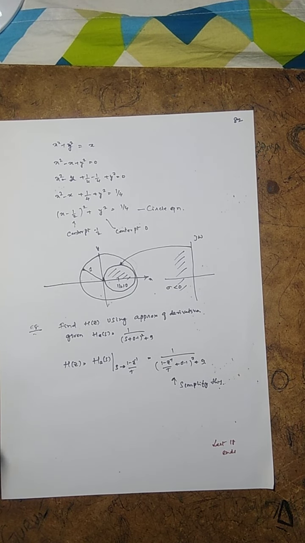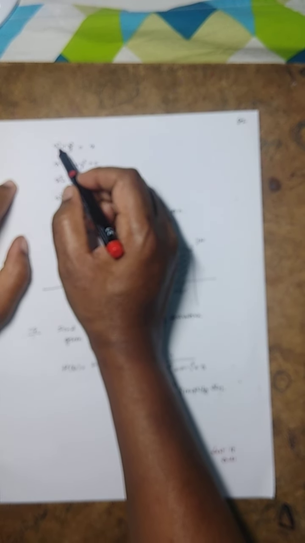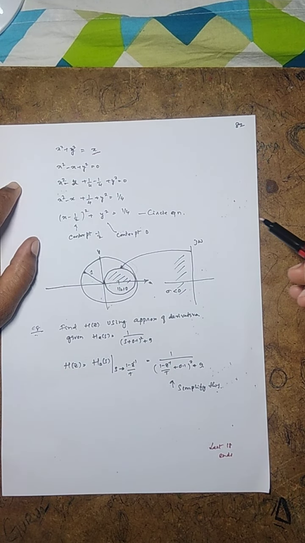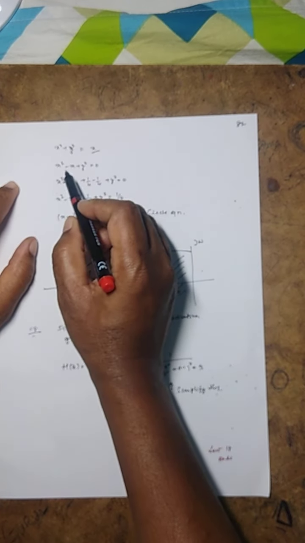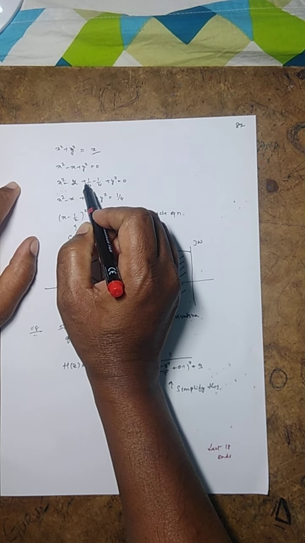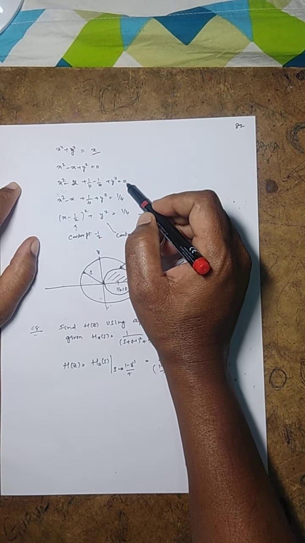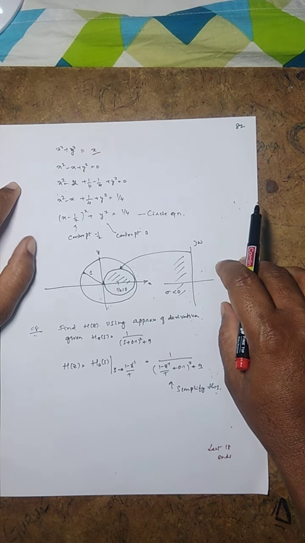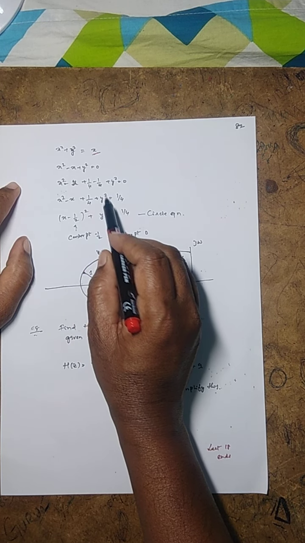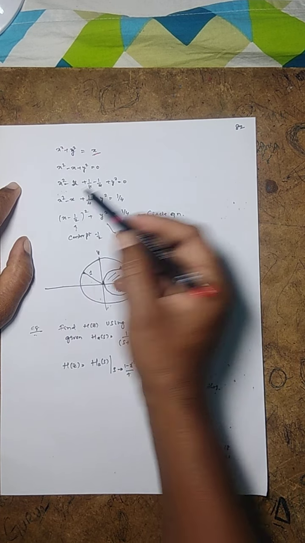Next, I will square and form x² + y² and solve it. We'll get this x value once again. I will rearrange the terms: x² − x + y² = 0. Adding and subtracting 1/4, x² − x + 1/4 − 1/4 + y² = 0. Because I want to represent this in the equation of a circle, I write it as (x − 1/2)² + y² = 1/4. When you solve this, you will get back the same.